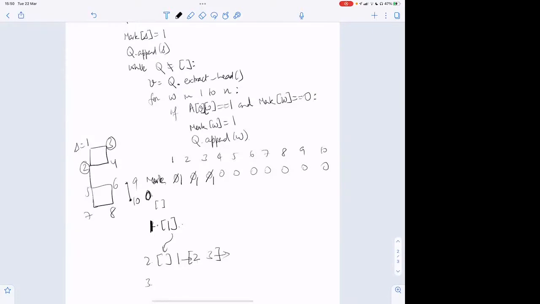Now I take out 3 from here. So my Q becomes 2, and this thing is 3. And then what are the neighbors of 3? Neighbors of 3 are 1 and 4. 1 is already marked. So when I see a 3, 4, it is 1. So it will go inside this. But mark 4 is equal to